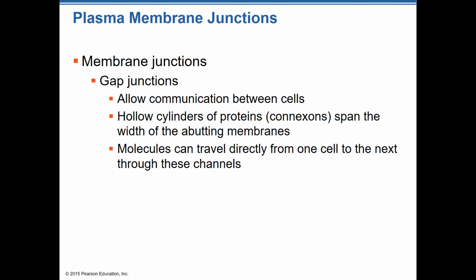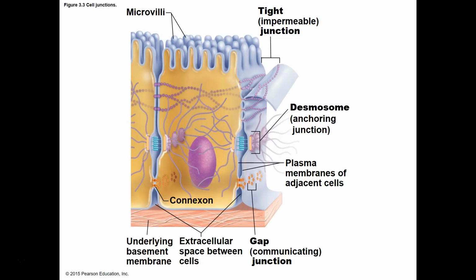There's a hollow center in those proteins that span the width of the two adjacent membranes, and they allow communication between the cells in order to perform whatever action it is. We see this mainly in cardiac cells. Cardiac cells have the ability to communicate rapidly with one another because of these gap junctions. When we stimulate one cell to contract, it quickly spreads to all the cells of the heart, which is convenient because we need all the cells of the heart to squeeze at the same time in order to perform the function that they do. That's where the gap junctions come in and make that possible.